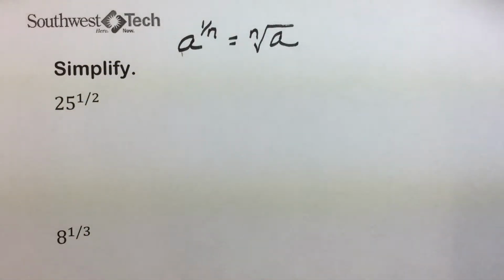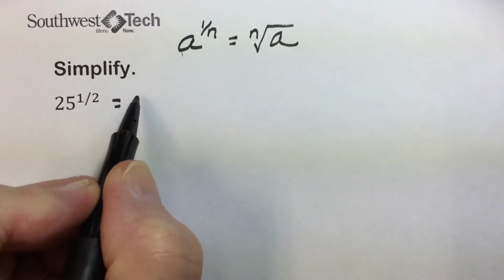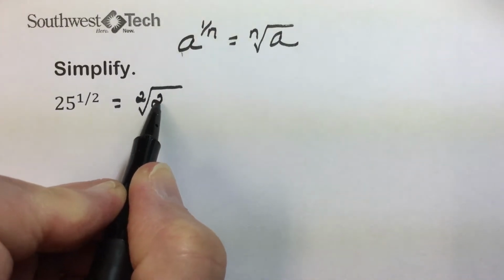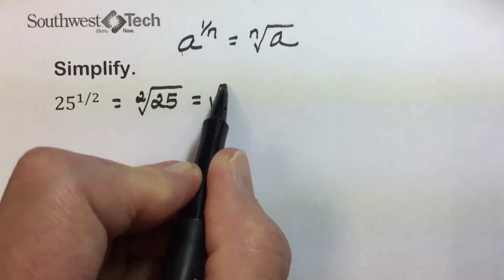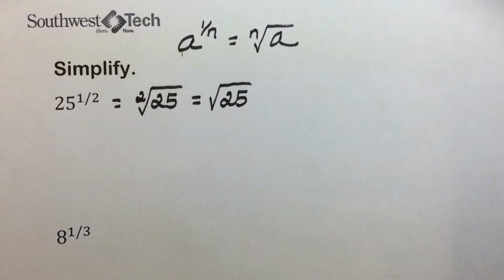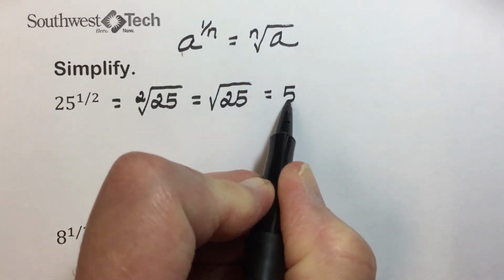So using this principle, in place of 25 to the 1/2 power, this would be an index of 2 on a radical of 25. Having an index of 2 is understood that we're taking the square root of 25. These are equivalent expressions. And the square root of 25, a number times itself that equals 25, would simplify to